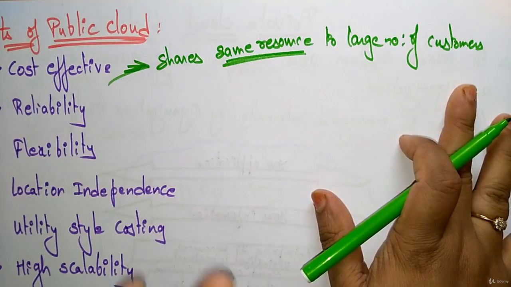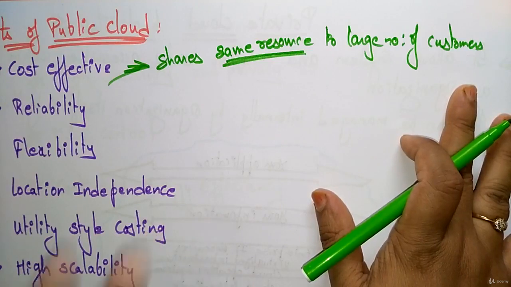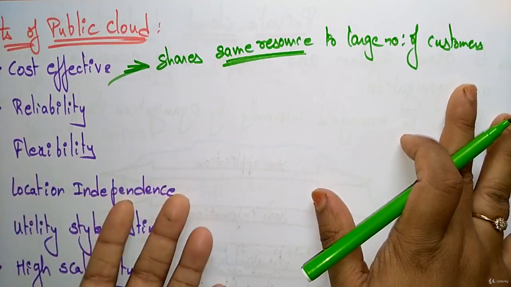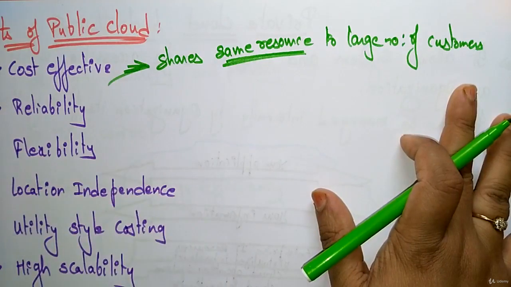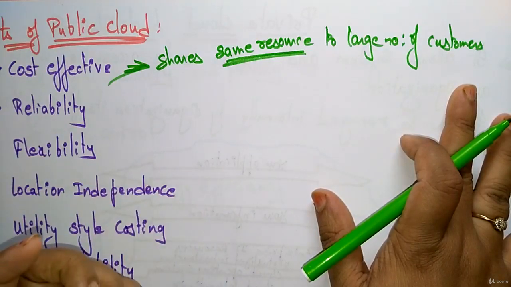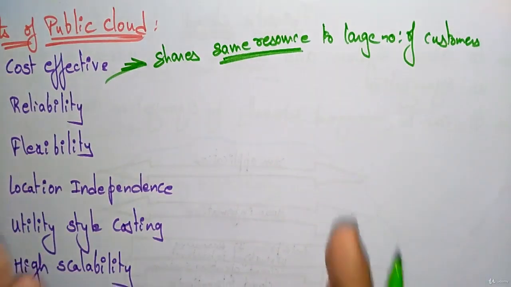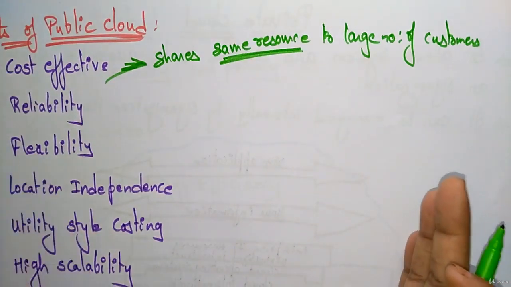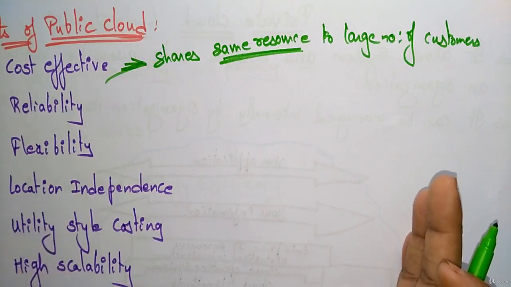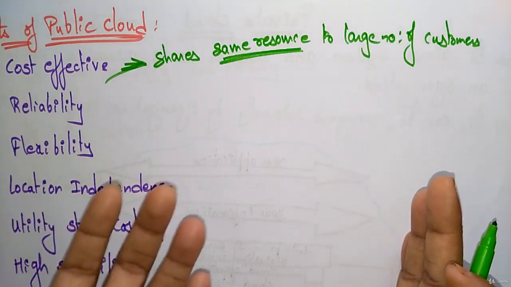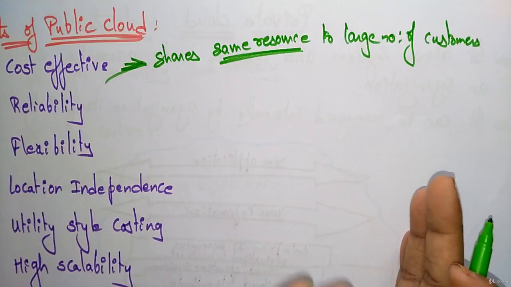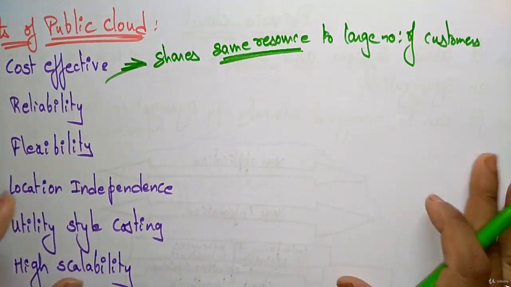Whenever I place some information on Google, different people are searching for the same information. They can get the same data. So I am placing only one piece of information. Suppose I am the Google organizer. I stored some information regarding some definition. I had written and stored the definition in Google. Different people are accessing that same definition. They want to see the definition. So that is cost effective. Public cloud shares the same resources with a large number of customers, which turns into inexpensive.